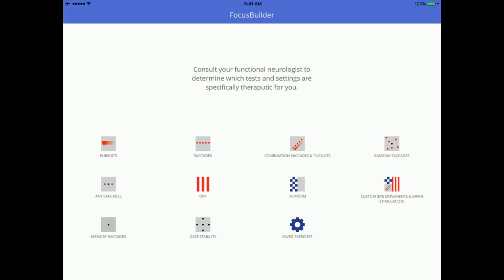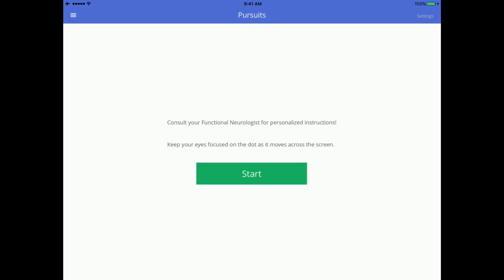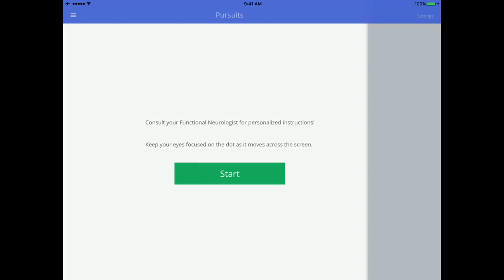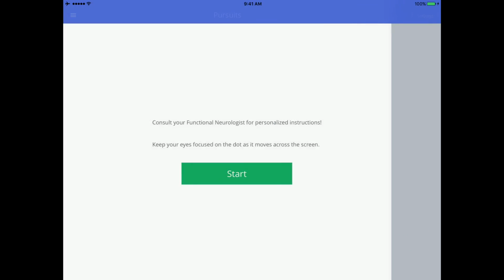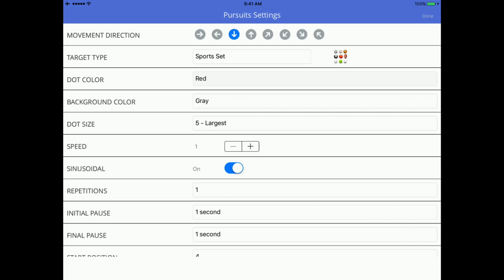So let's take a look first at pursuits. When you look at pursuits here at the top left corner, I'm going to select pursuits, and I just want to show you what a pursuit is. Pursuit is really a slower type of eye movement, and it can move in any direction. So it's not the direction that necessarily defines if it's a pursuit or a saccade or different types of eye movement. It's really the speed of the movement. And so that is a pursuit that is going down. We can change the direction of the pursuit to horizontal or vertical,